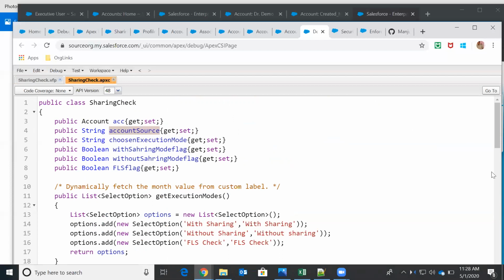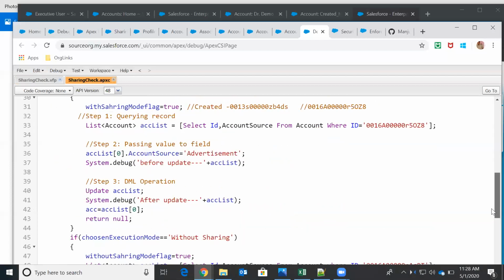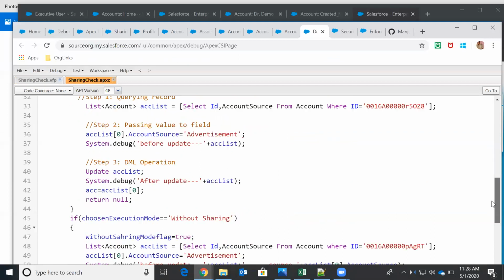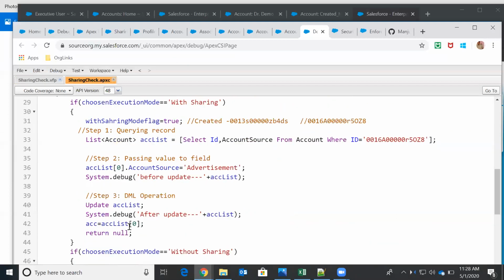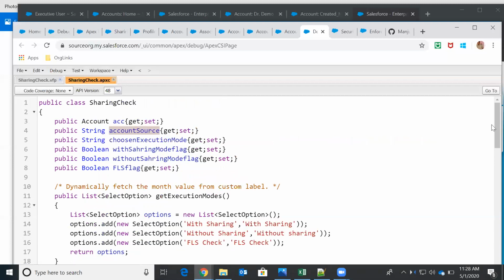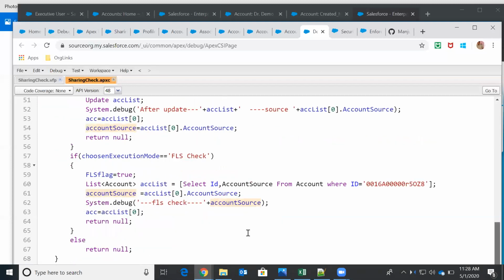Now I'll go to this class and modify it here. Account source, this is what I have done. Into this account source variable, which is a class level string variable,